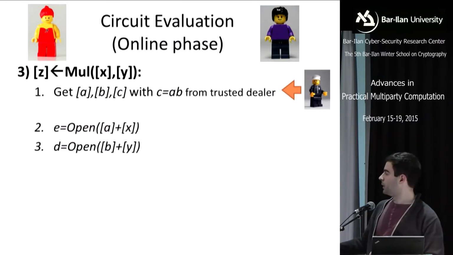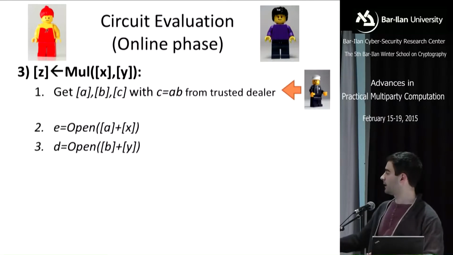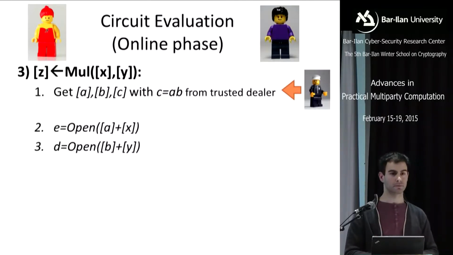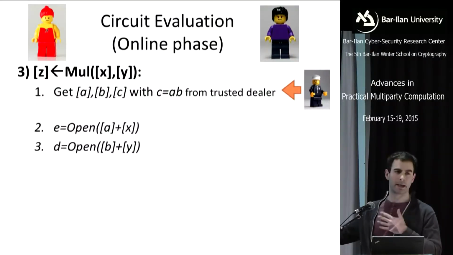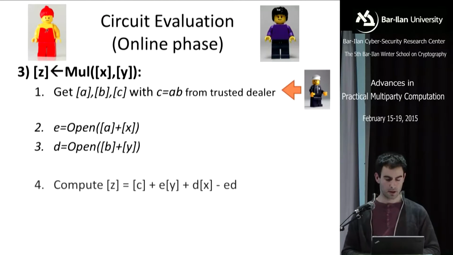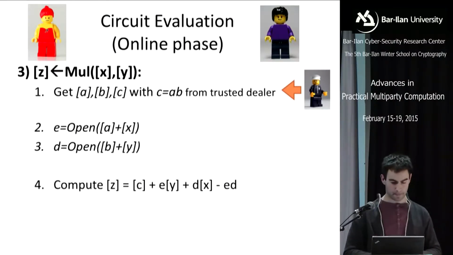And now the first thing you do is that Alice and Bob together open these two values, a plus x and b plus y, call the results e and d. This is of course secure because a is random, b is random, so e and d are one-time pad encryptions of x and y. And then you compute this very nice expression down here,